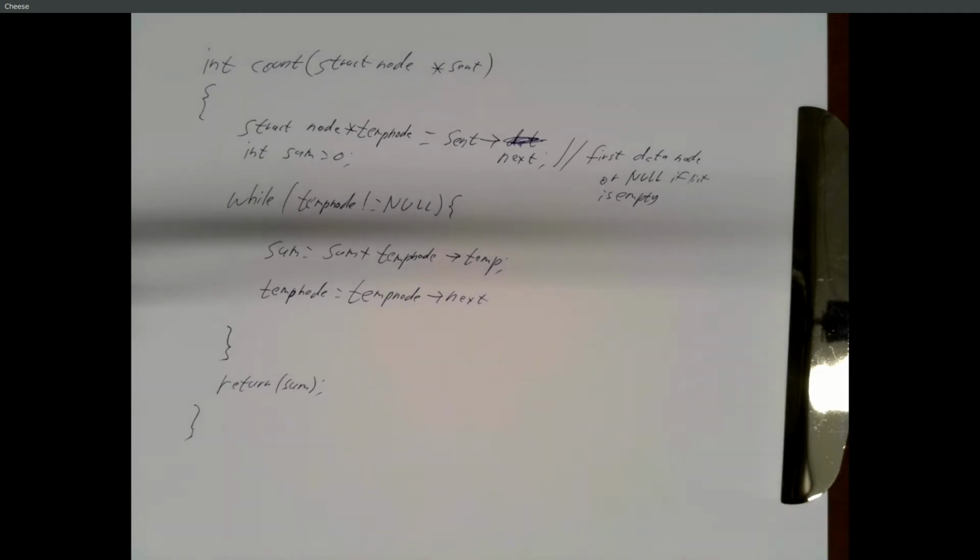Alright, so you definitely need a loop in here, right, because we don't know how long the list is. So we've got to iterate until some condition. We need a running sum. We need to use arrows instead of dots, because everything in sight is a pointer. And usually everything we do in data structures is a pointer to a structure.